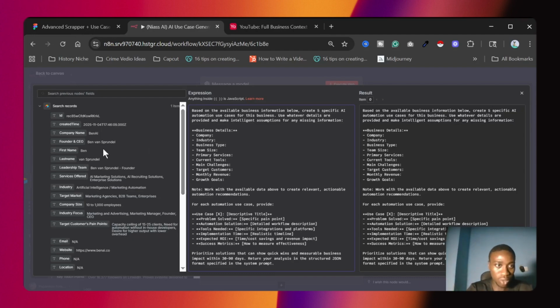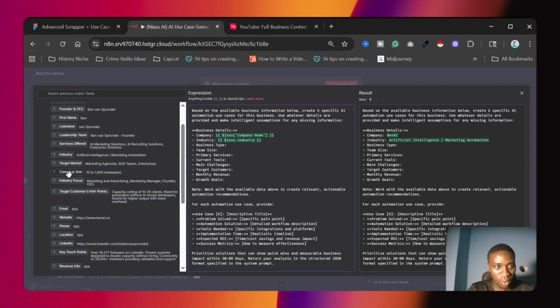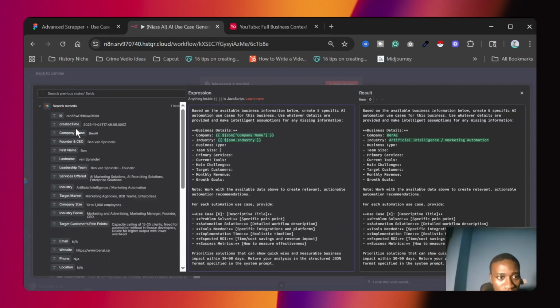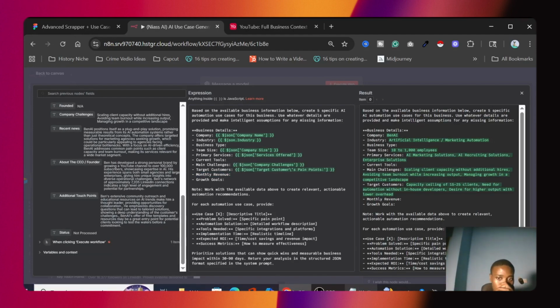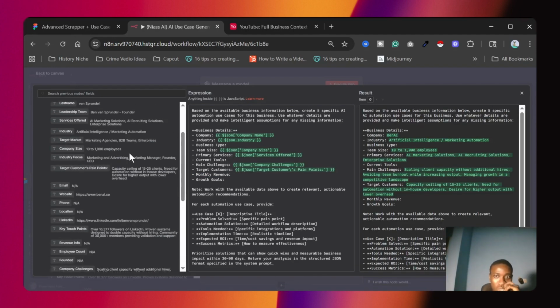So I'll just go straight to the company name, industry, business type, company. All right, I already filled in the necessary information that we're able to get from this section.